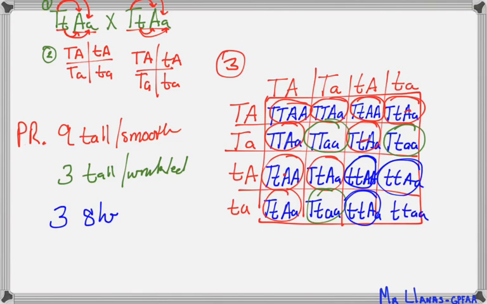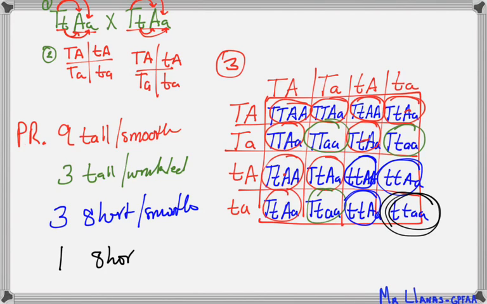So that's 3 short and smooth, right? And then the last one that we have is this one, this lonely one, which is the recessive one, which is one that's short and is wrinkled. Okay, and that would be our